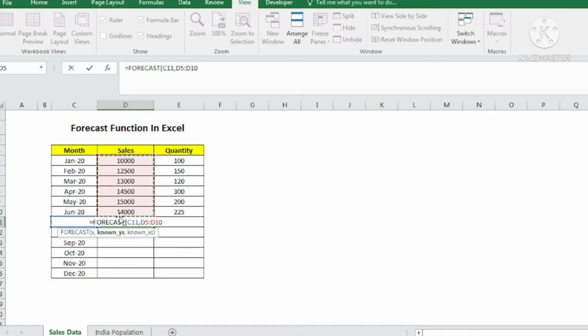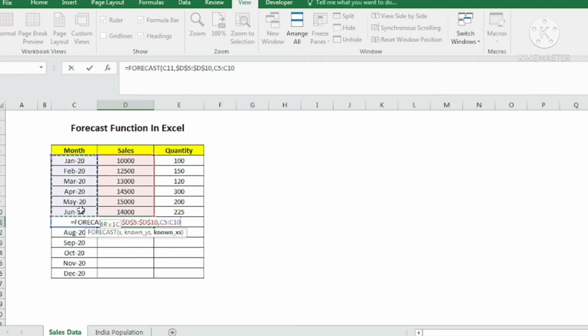This is the known figures, the existing data for the sales, and I am going to lock this range because I want to copy this formula down, because I want the forecast not only for the month of July but for the months of July till December. So I lock this data with the help of F4 function key, F4, comma, known X's. These known sales figures are for which range of months? This is for the range of January till June.